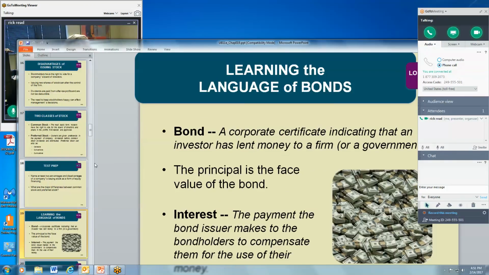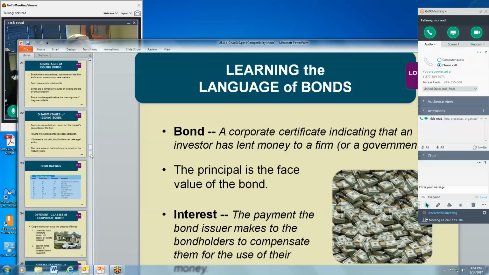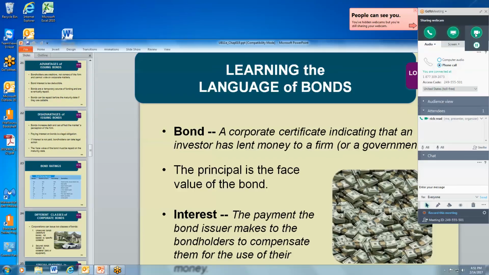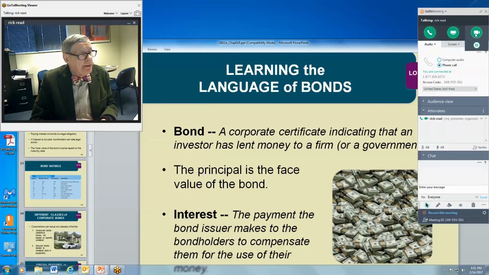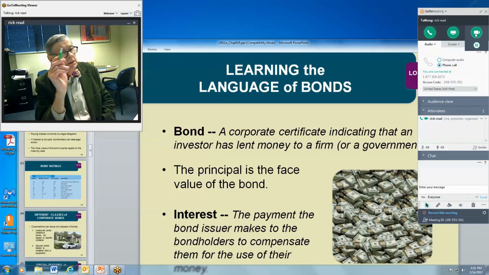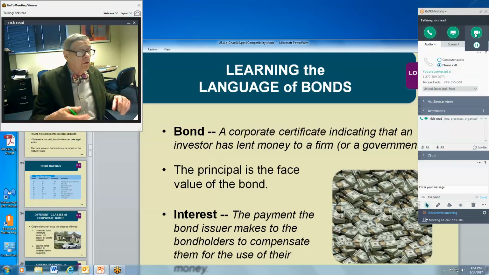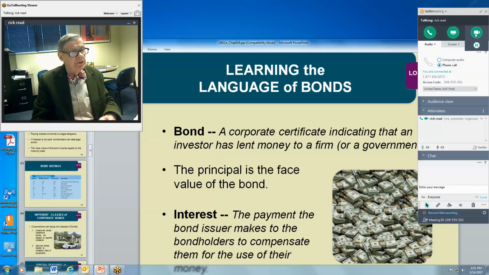So now we've talked about stocks, and remember, that is equity. That is within the company. It is not taking on debt. Bonds, on the other hand, are debt. Notice the first statement up here. It is a certificate, the same way a stock certificate is, even though they're seldom offered, seldom given to investors today. That says,